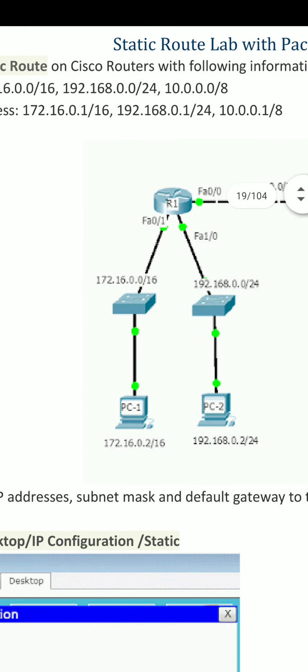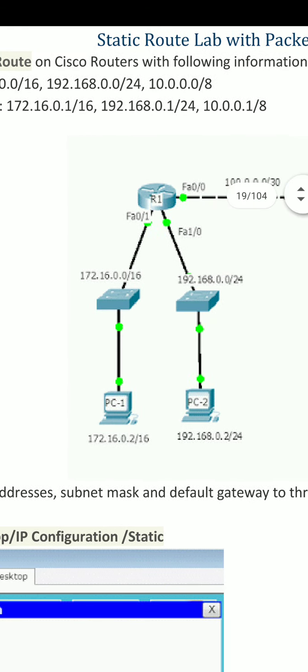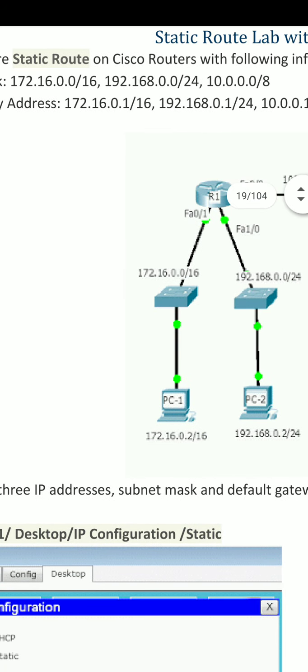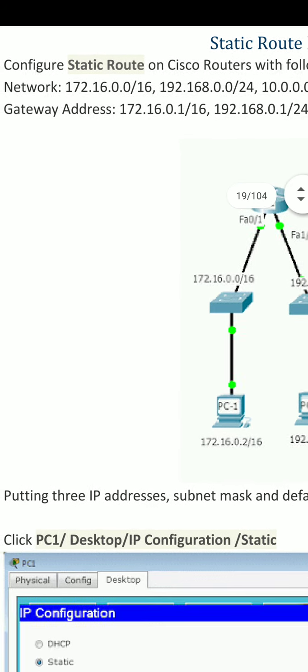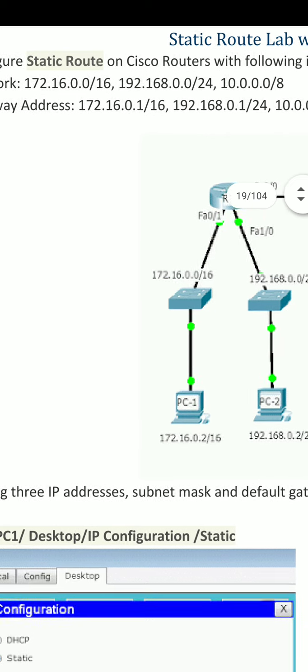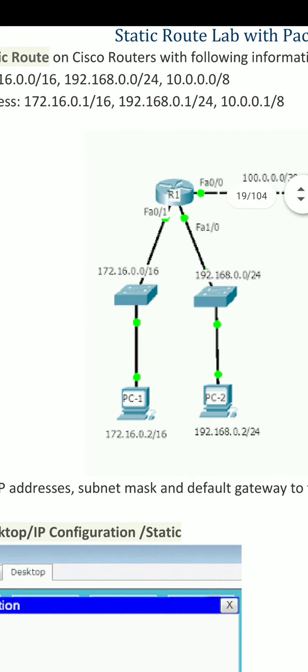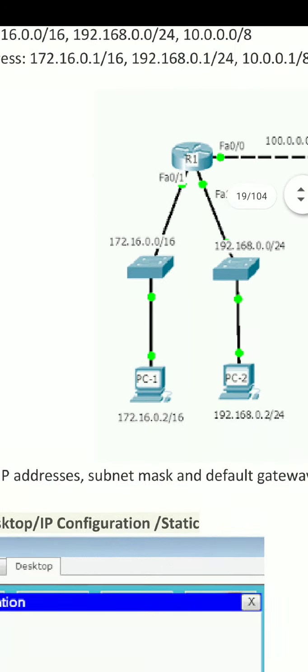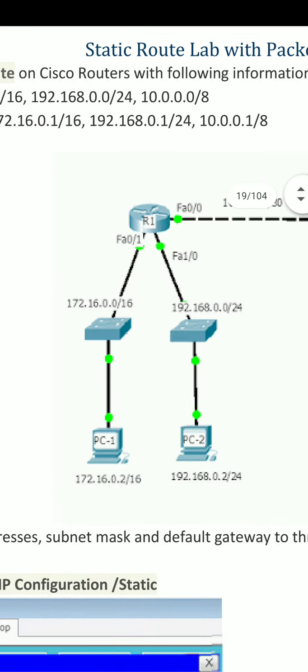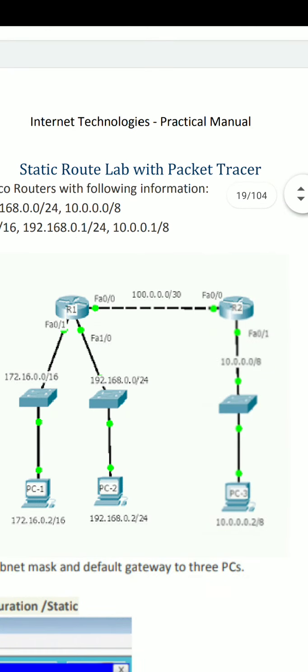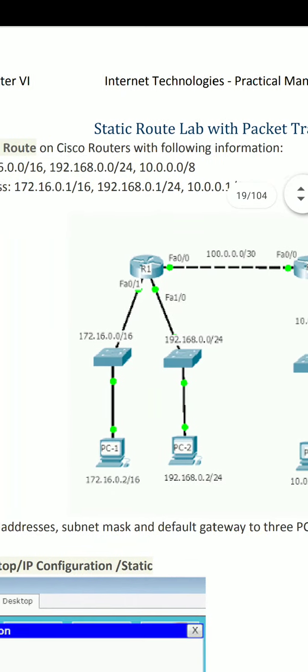The third default gateway address is also given, which belongs to the third network. Now what is meant by gateway address? A gateway address is the address of the interface which is connected to the router. Let us see the diagram, then you will understand.